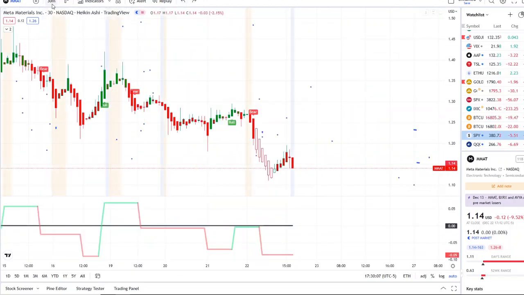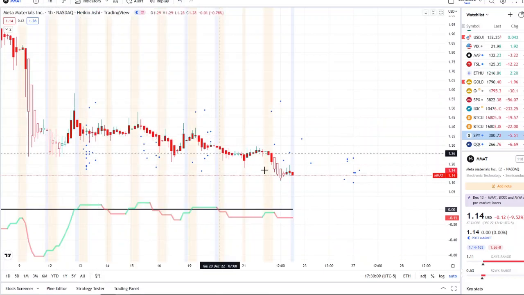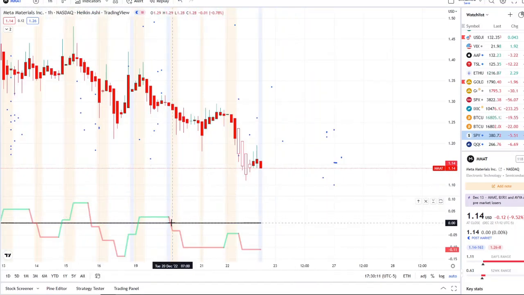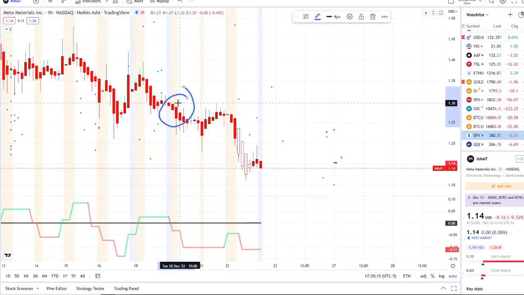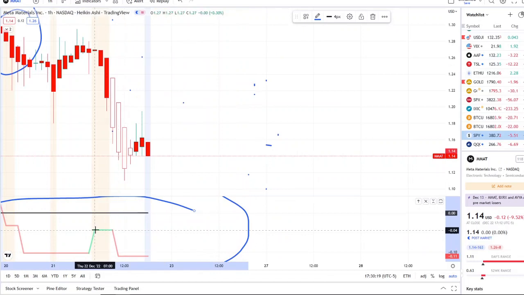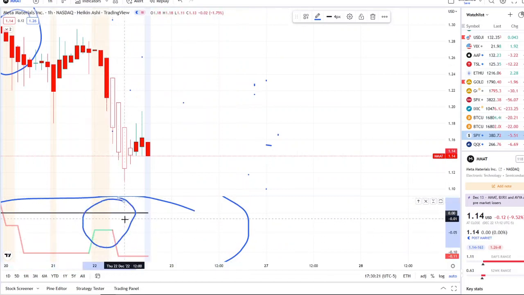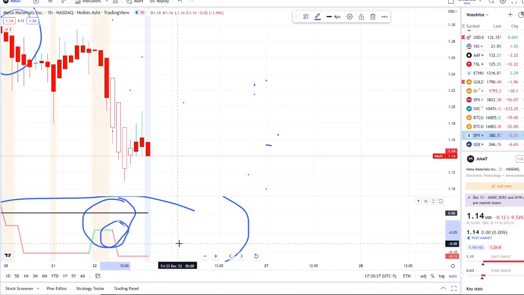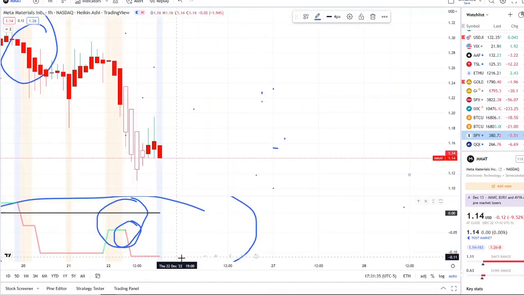Now, on the 1 hour, you could see the bigger picture. The outflows have been dominating here since December 20th at the pre-market at the highs here of 130. And today, they had no chance and they were nowhere near the midpoint. They were green, like it was trying to pick up, and then it switched back to red, just like it happened on the 30-minute, and it pulled further away from the midpoint.